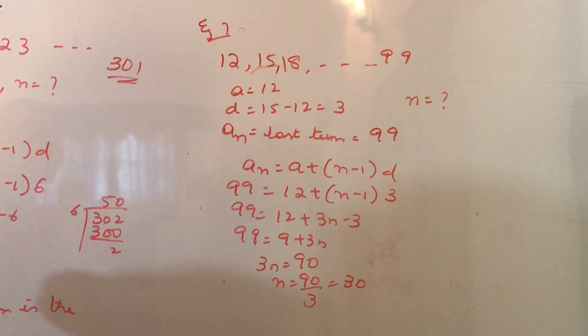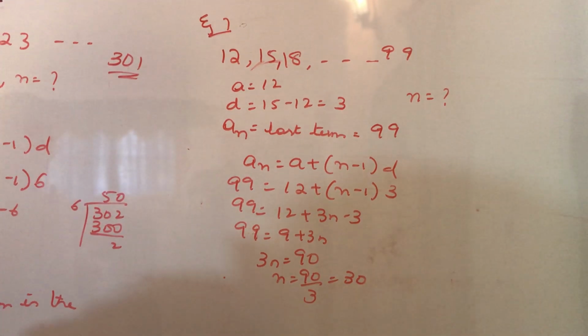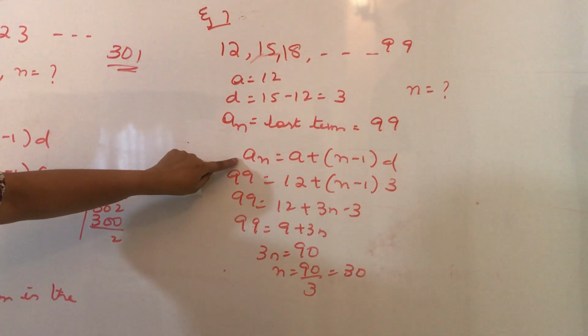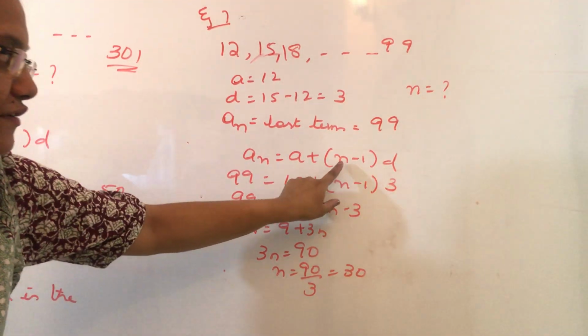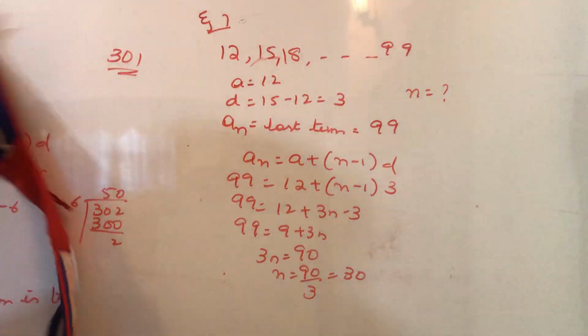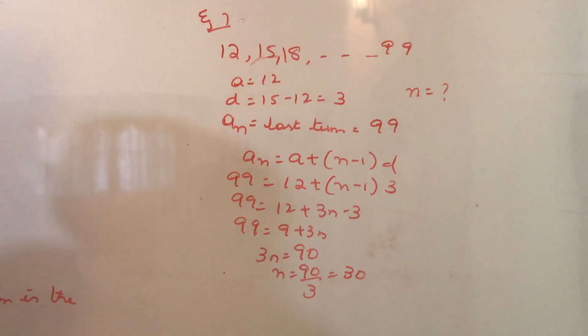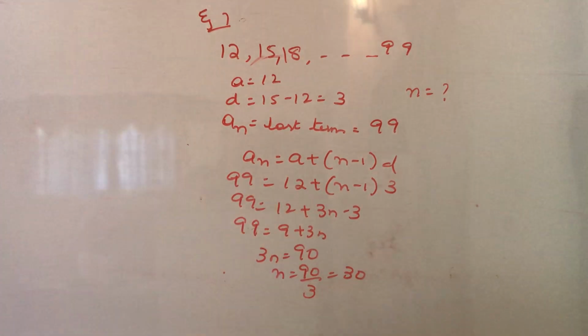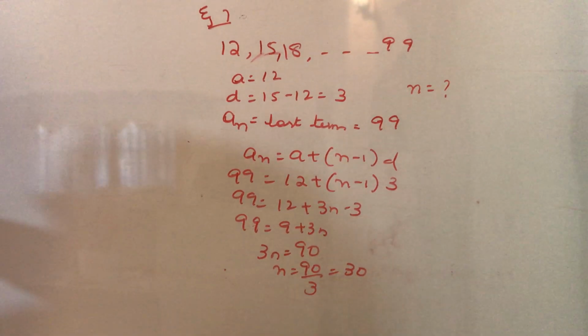Till now what we have done is by using this formula, A of n is equal to A plus (n minus 1) into D. This is the nth term, first term, common difference and number of terms. n is the number of terms. Now concentrate on example 8. You will be learning a new formula here. Example 8 is: find the 11th term from the last.